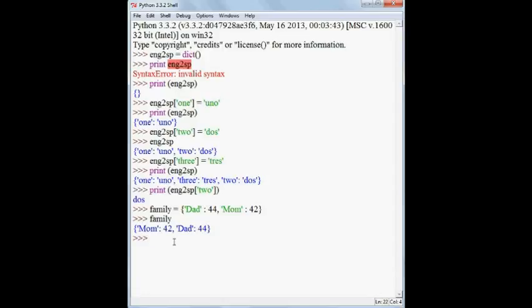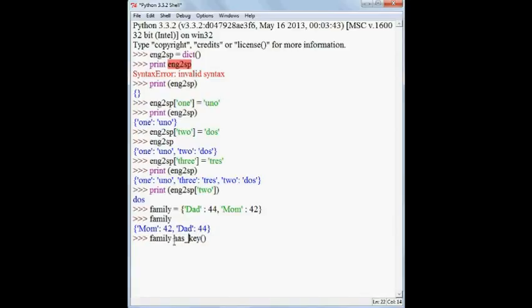There are certain methods and built-in functions which are related to dictionaries. The first one is has_key. How to use this?